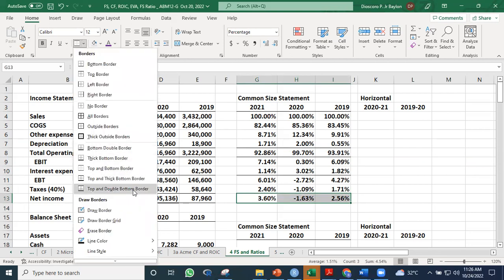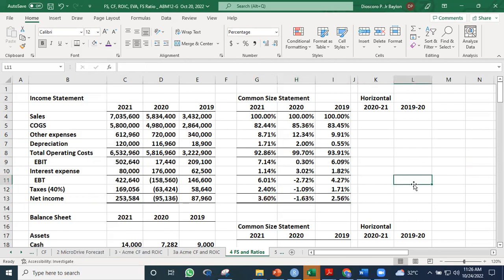Top and bottom. Yeah. Okay. So we just replaced the amounts with a percentage relative to sales, which is a good